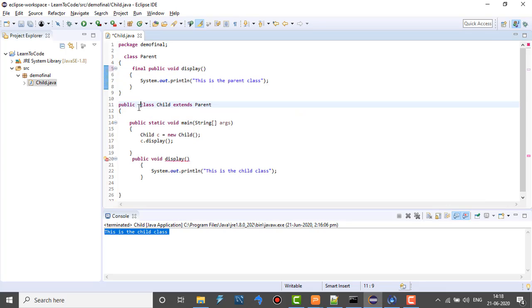So here I'll remove the final keyword from here and I'll put it before the method of the child class. As you can see, there are no errors. So I hope this will work. Let's see.